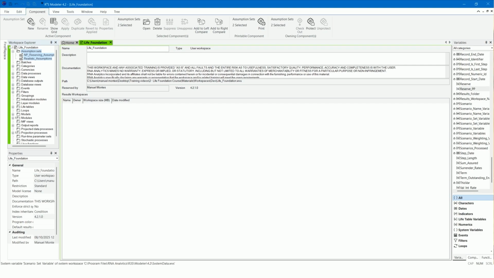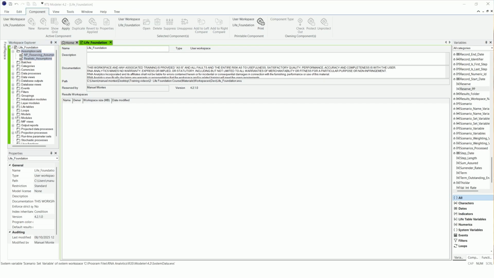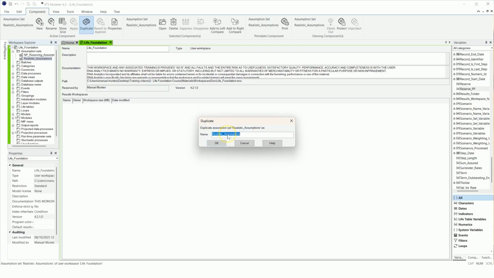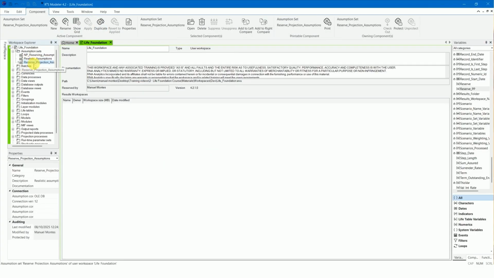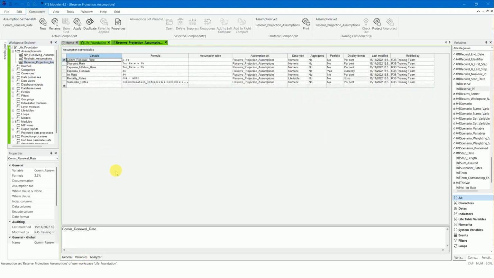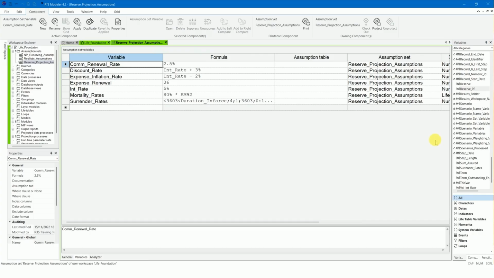Take a copy of the assumption set, Realistic Assumptions, and save it as Reserve Projection Assumptions. The assumptions will be conservative compared to the assumptions on the realistic layer.